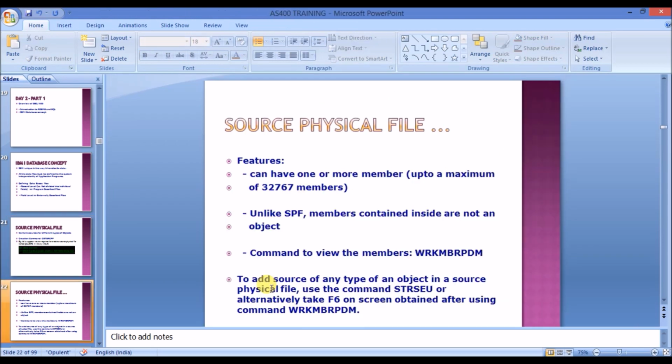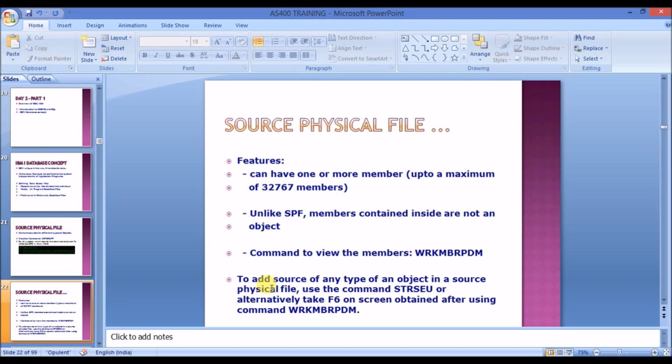Now let's see some of the features that this source physical file has. As already discussed, we can have one or more members. In fact, we can have up to a maximum of 32,767 members, and I think that's a huge figure. As we already discussed, this source physical file itself is an AS400 object.